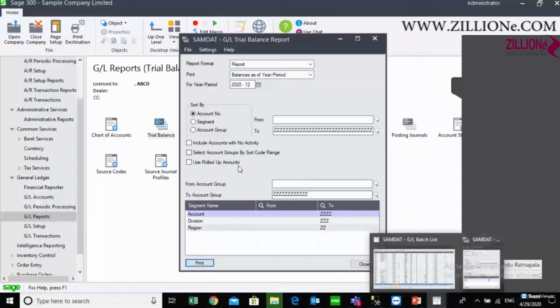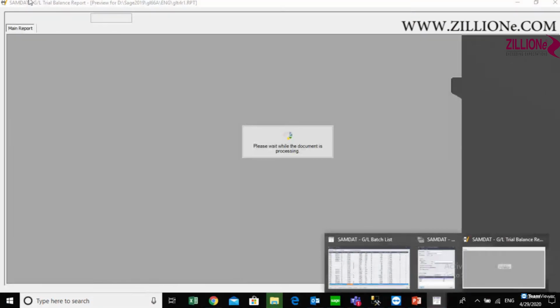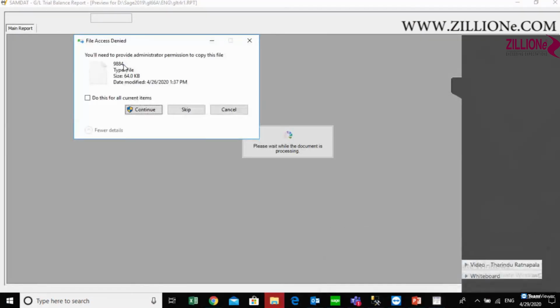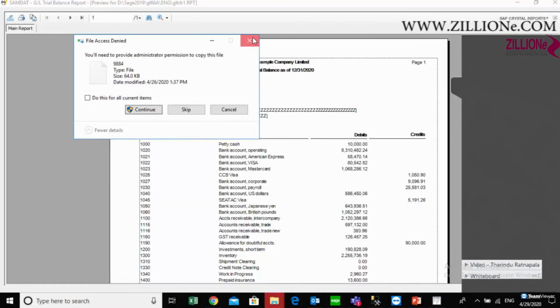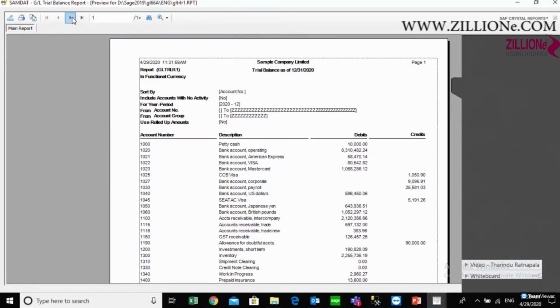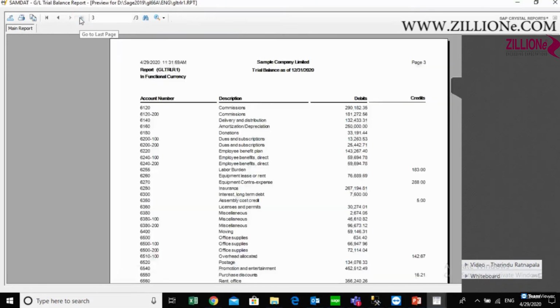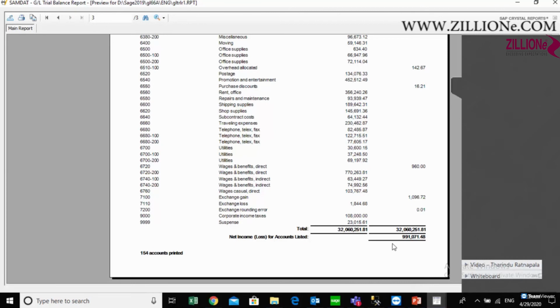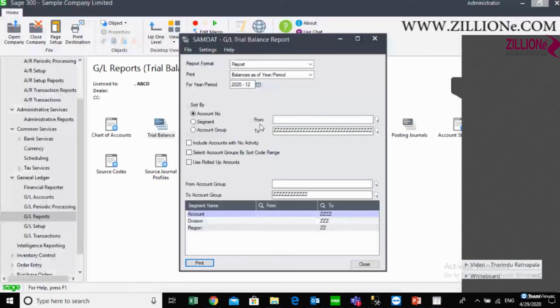When you print the 12th period, it will be the same as the previous year end backup. Also you have to check that the closing period balance is the same as the previous balance.